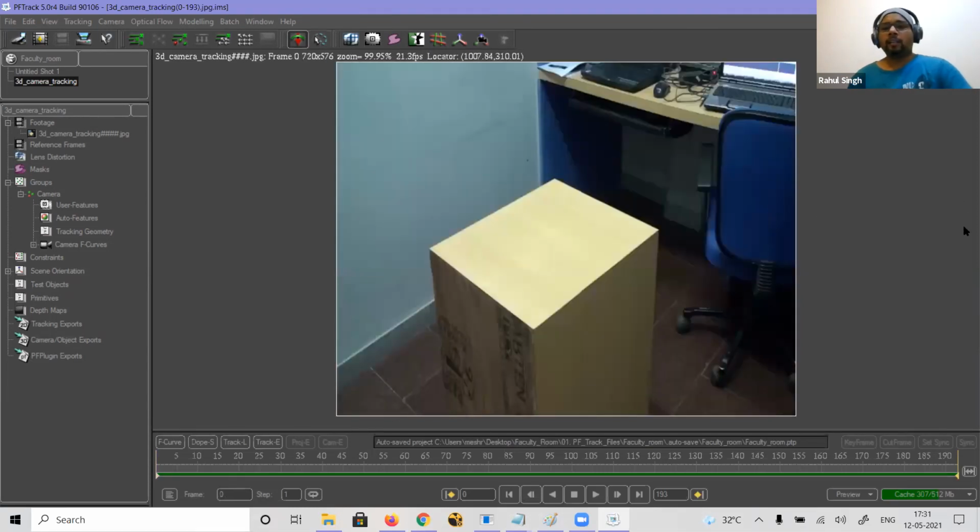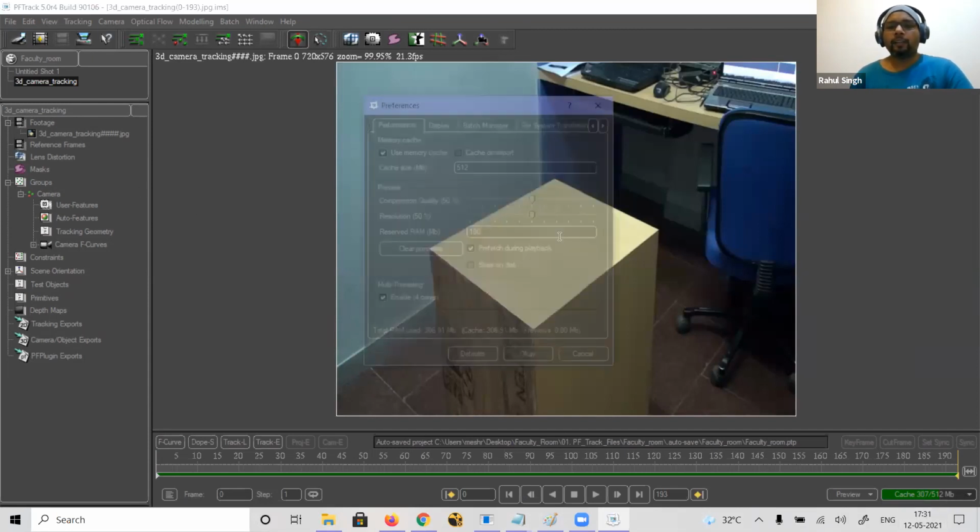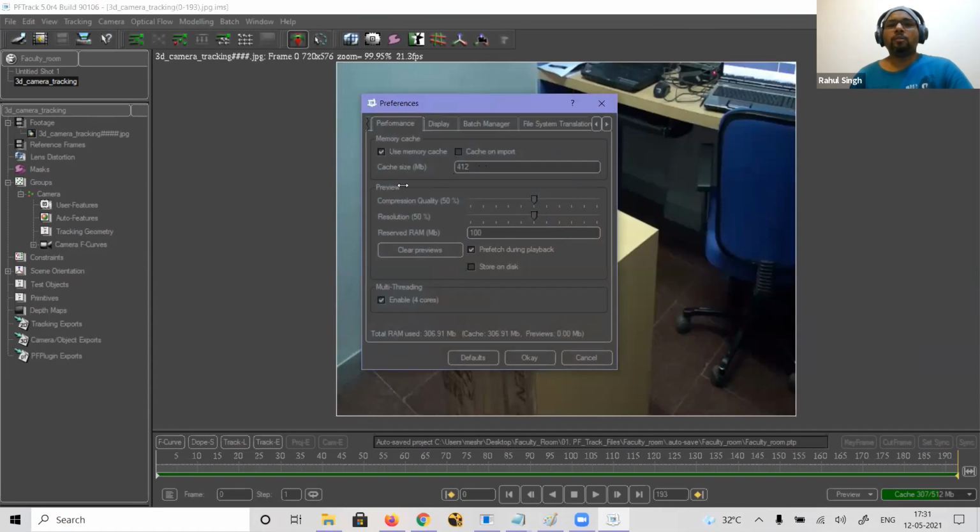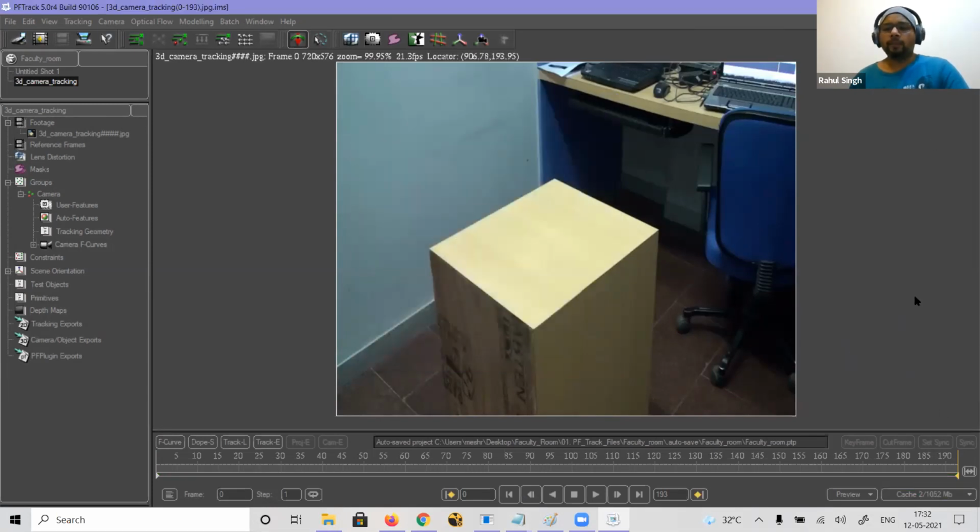Okay, fine. Here you will find the cache file, how much cache you have allotted and how much it is using. You can always empty the cache if you want, or you can increase it. Go to the properties and you can increase it, as much as you want. So I'll say something around 1,000. Okay, I'll give 1,000. This is how much cache I'll be using, so you can easily set it.